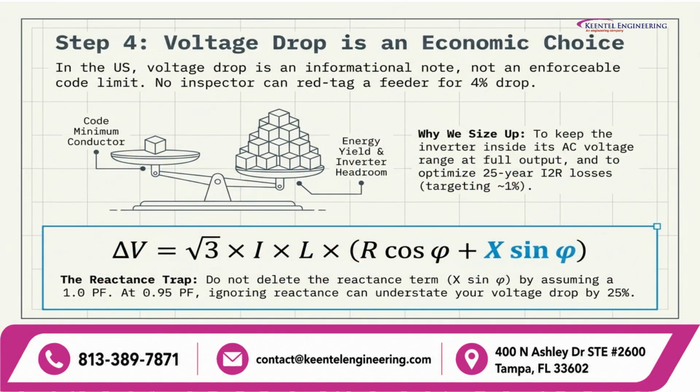In the NEC, voltage drop recommendations are informational notes, not enforceable limits. An AHJ won't red tag a feeder purely for a 4% drop. Instead, sizing up is an economic and operational decision to prevent inverter overvoltage trips and minimize 25-year I-squared-R losses, typically targeting around 1%. When calculating voltage drop, never ignore the reactance term. Assuming unity power factor and omitting reactive impedance can underestimate your actual voltage drop by up to 25% at 0.95